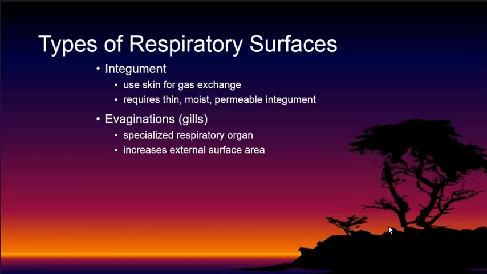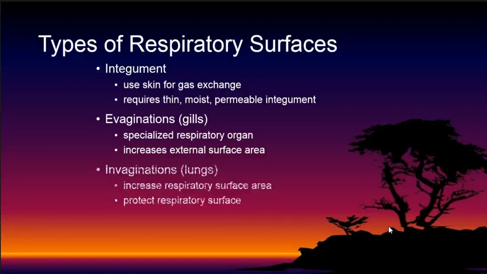This is where you have this specialized respiratory organism that allows water to pass through it, and it increases the surface area so you can actually take in more gas. And then our situation is invaginations. These are your lungs, and they increase the respiratory surface, but because we're all terrestrial, if you've got lungs, you're terrestrial, and it's dry, and so you need to keep it moist, so it's inside